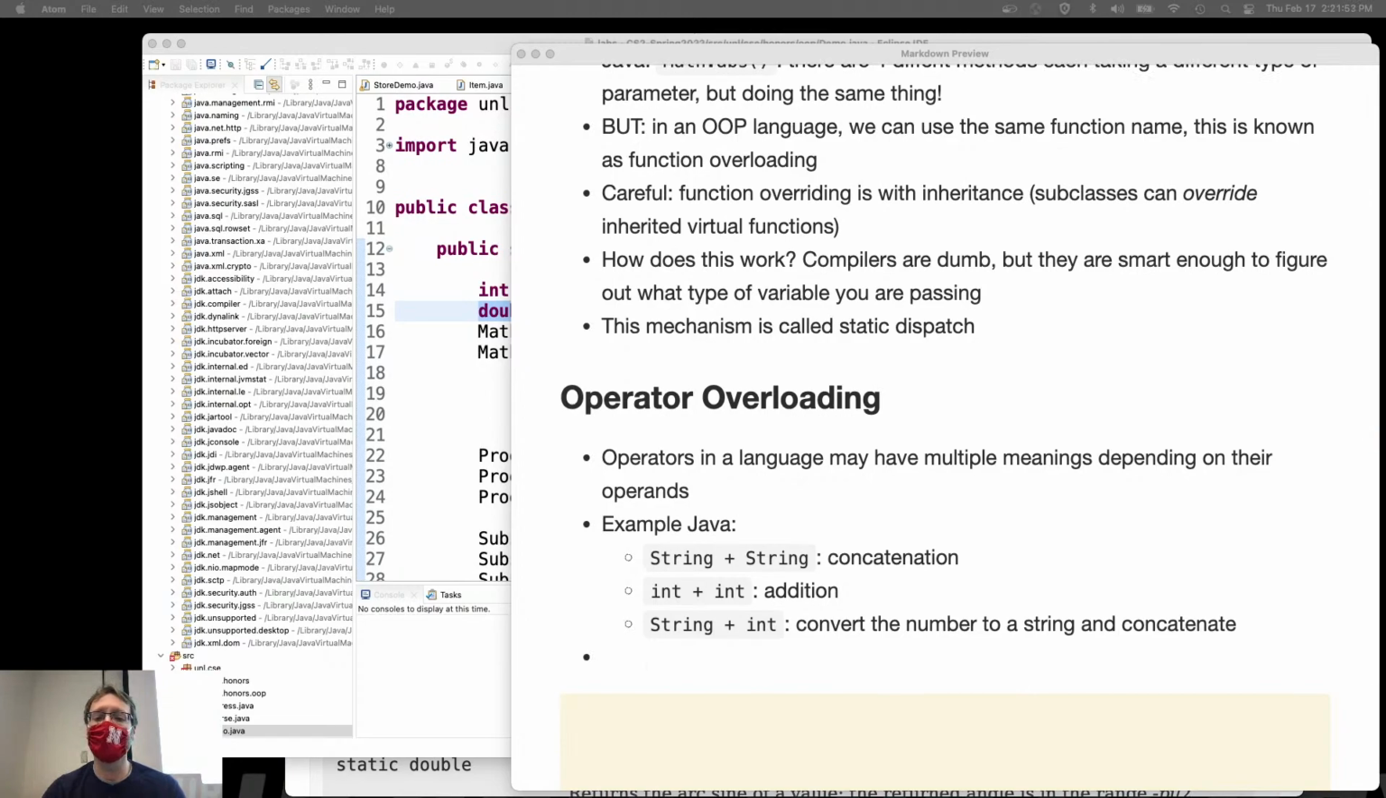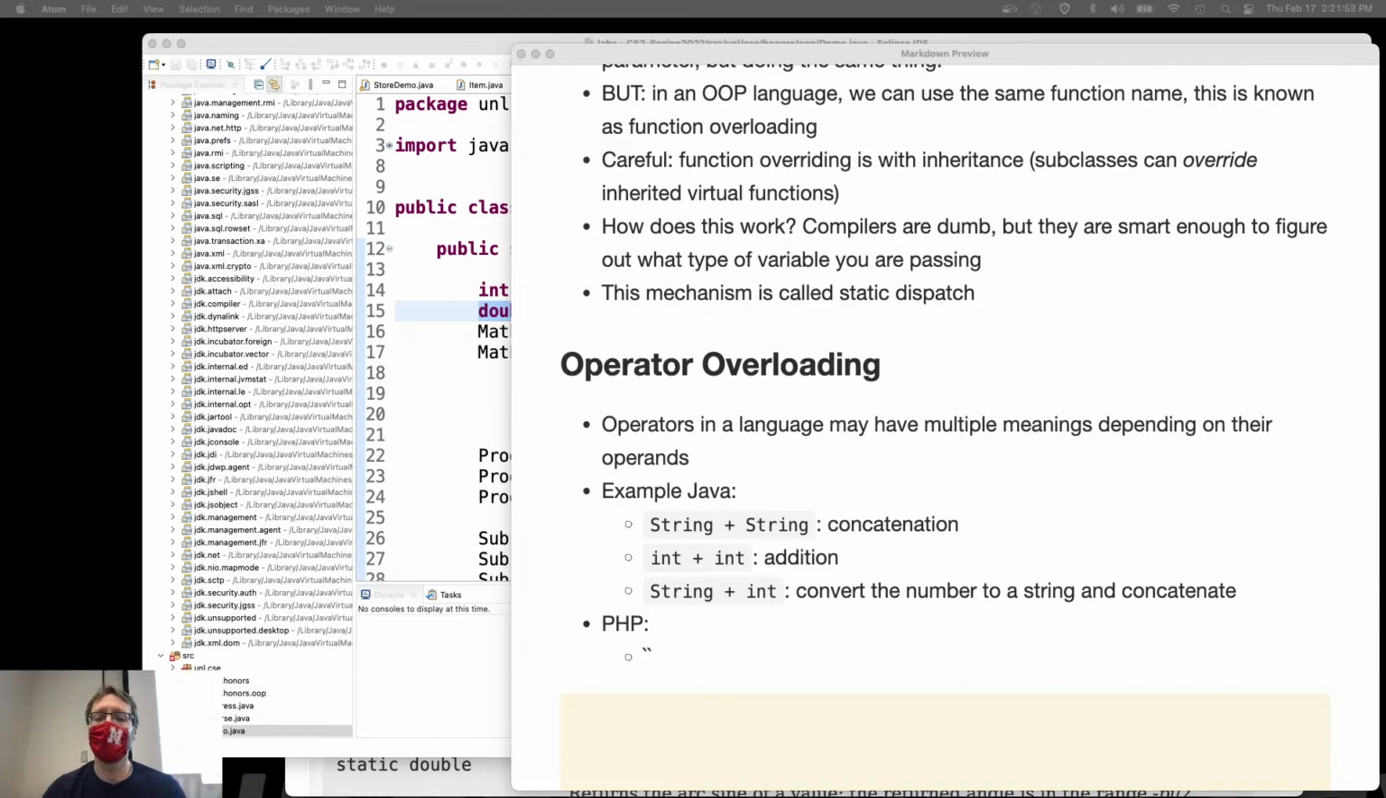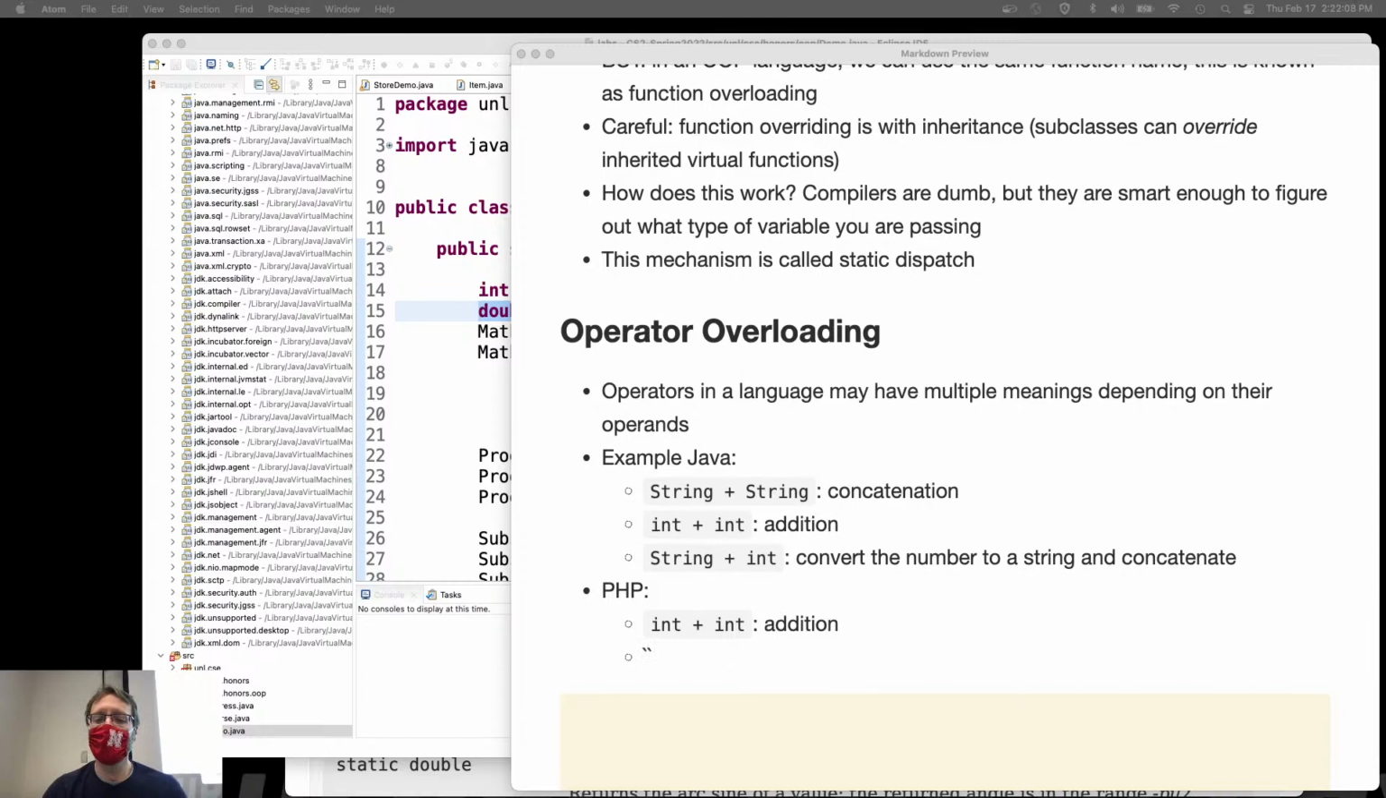Let's look at another language. Say, I don't know, PHP. What if I do int plus int in PHP? How is that interpreted? Straightforward, addition. What if I do string plus int in PHP? Does that convert the integer to a string and then do concatenation? Nope. What happens? Type juggle the string to a number, if possible,